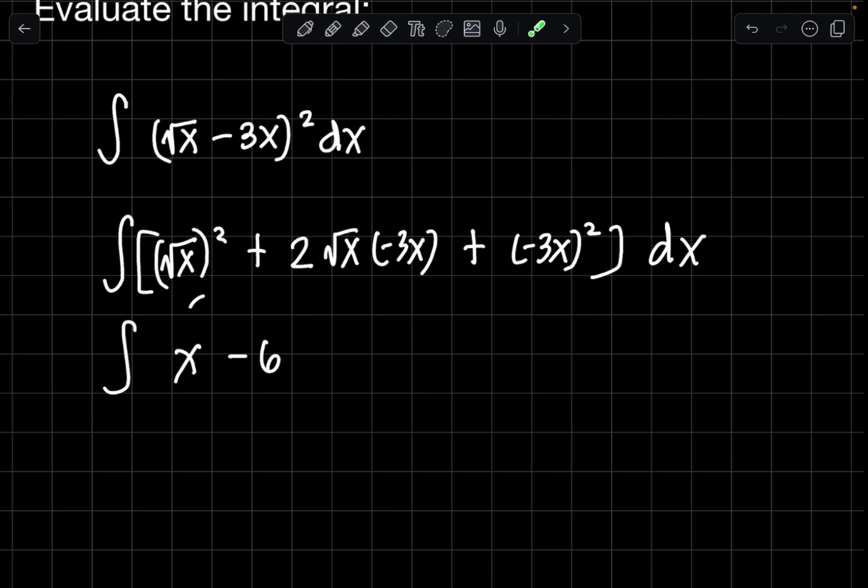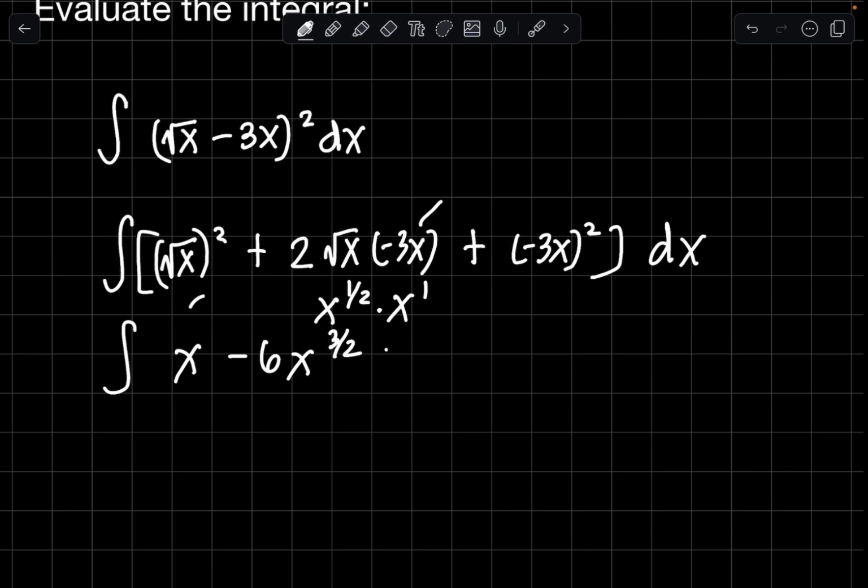Then for the product of square root of x and x, we transform this square root of x into a fractional exponent, which is x raised to 1/2 times x raised to the invisible exponent of 1. Applying the multiplication law of exponents for the product with the same base x, we copy the same base x and then add the exponents, 1/2 plus 1, which is equal to